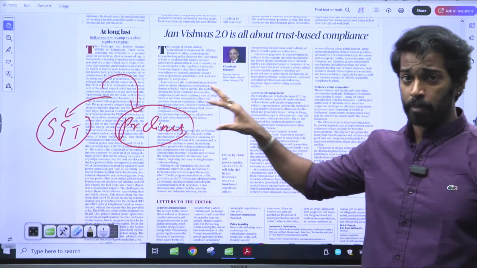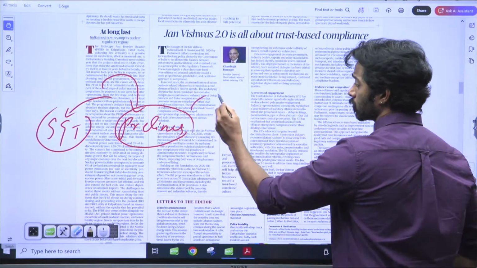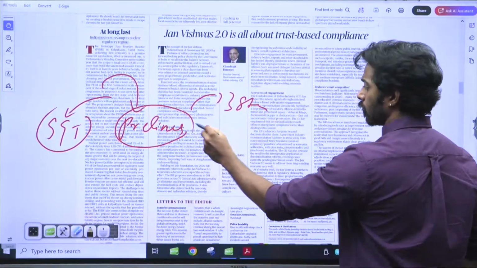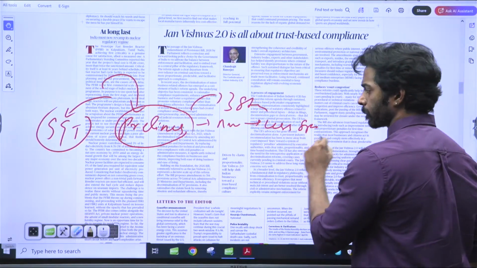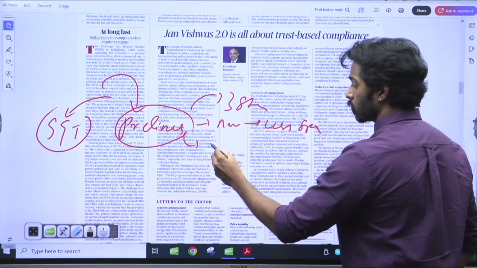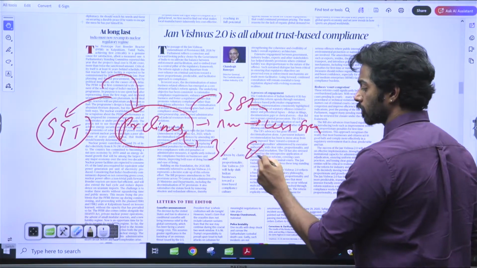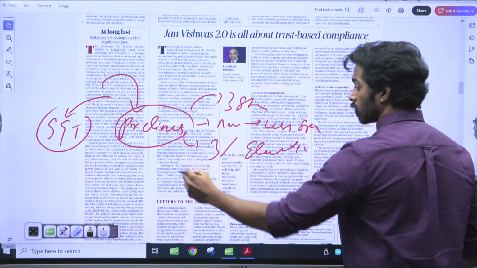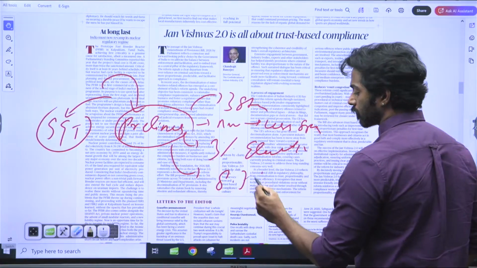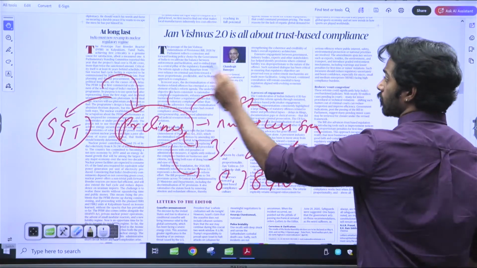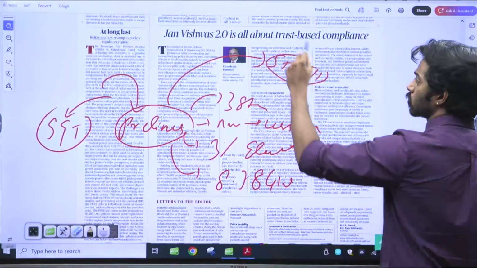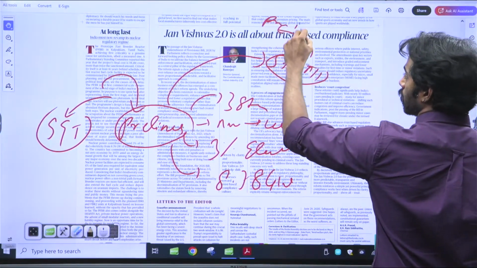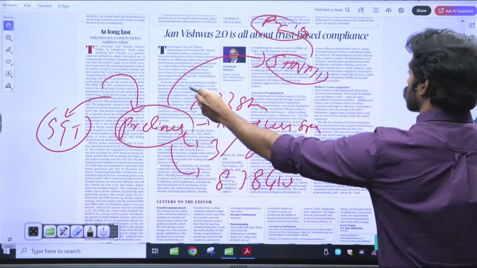Recapping all the information, India uses a 3-stage program. Nuclear energy is less space consuming. Nuclear energy contributes around 3% of electricity demand in India, and also is around 8.78 gigawatts. We have the Shanti Act, right? The Shanti Act to ensure private sector participation in nuclear energy production. And also we have three small